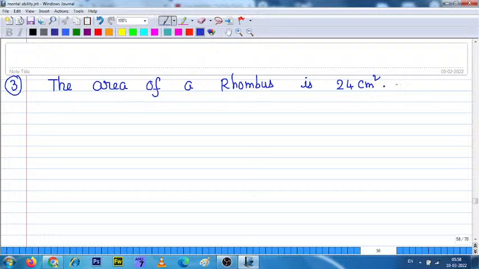If one diagonal is 8 centimeters, then its perimeter is